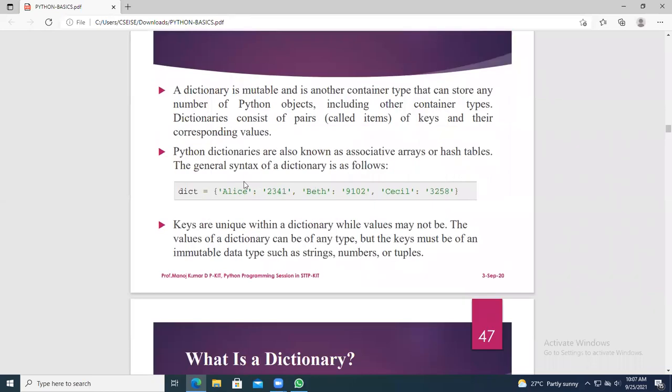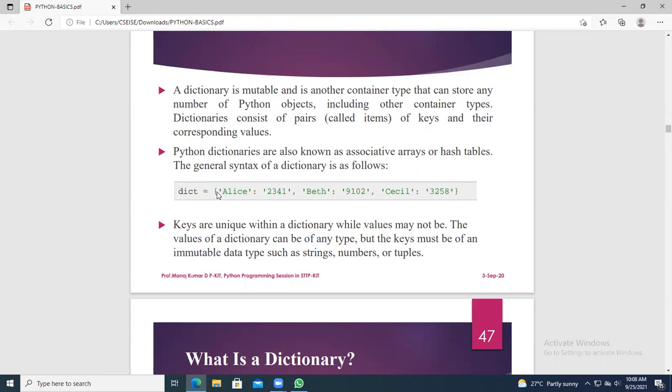Now how to create a dictionary. Dictionaries are also known as associative arrays or hash tables. This is the general syntax, the representation of a dictionary. For a list you use square brackets, for a tuple you use parentheses, and for a dictionary we use flower brackets. Understand carefully.